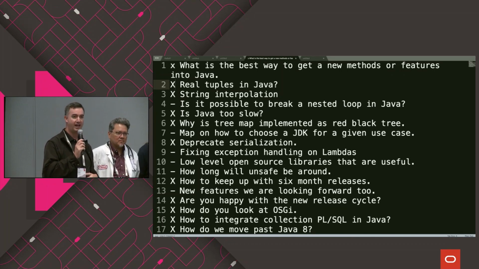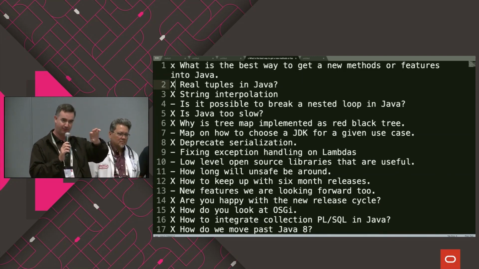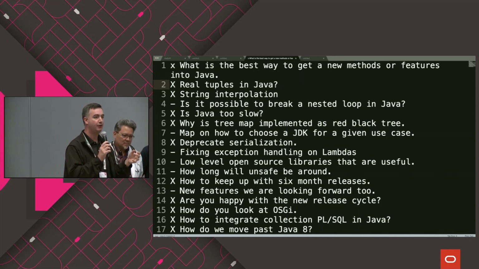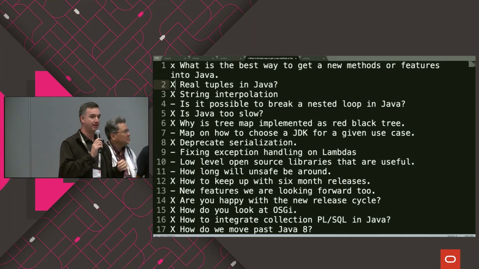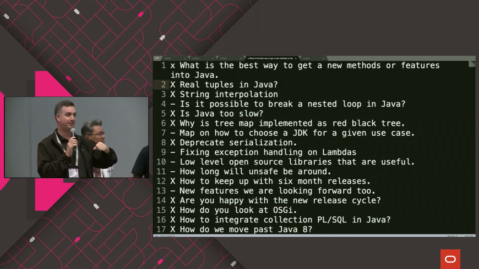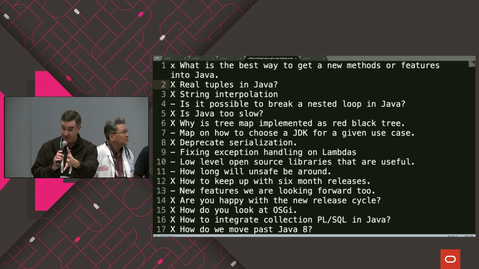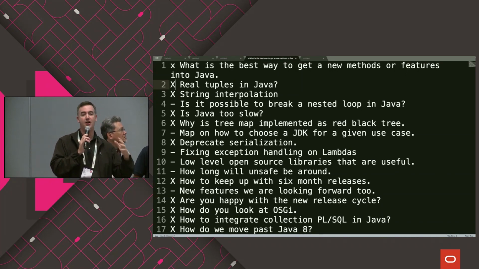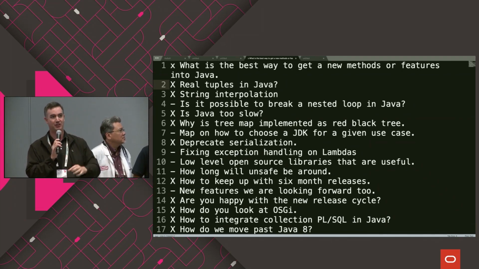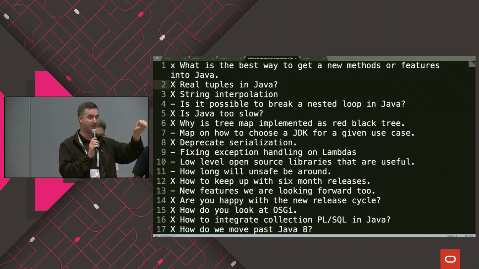Quite a few, where a record is a nominally typed, shallowly immutable, syntax-friendly carrier for known data, right? That's what it is. This is not about properties. This is not about tuples that may or may not appear in other languages that are structurally typed. This is about doing for simple data carriers what Lambda did for abstractions, which is provide a really straightforward way to declare what you mean, give it a nominal class type that is completely familiar, that responds to ordinary methods,